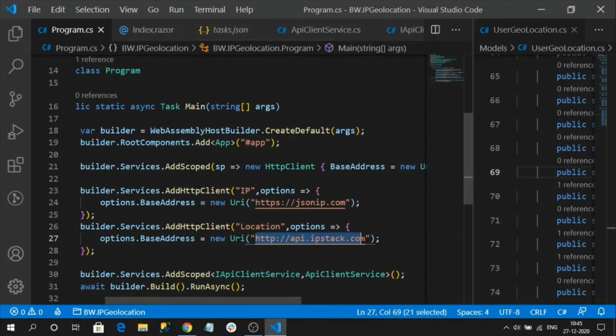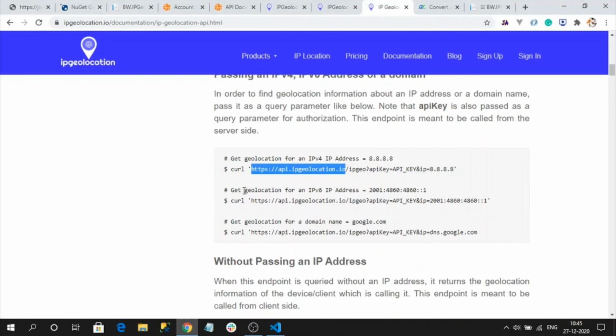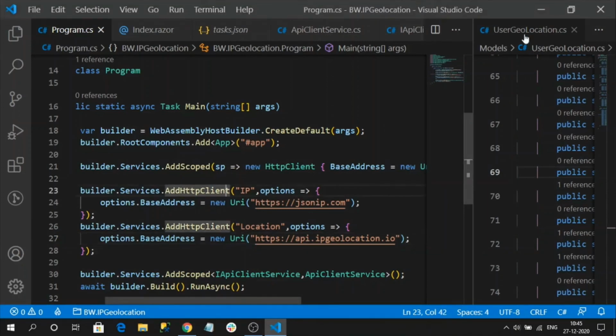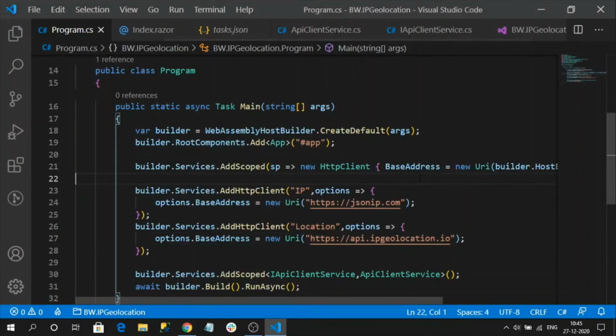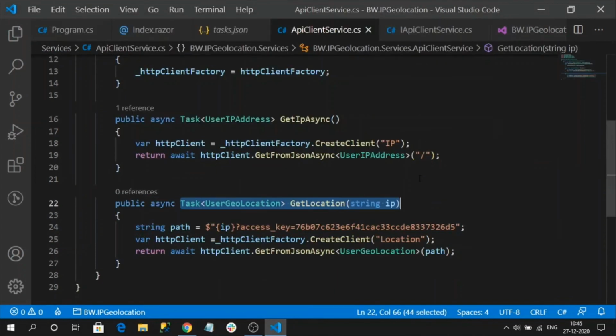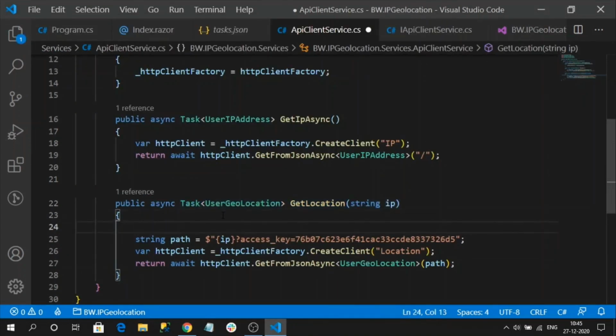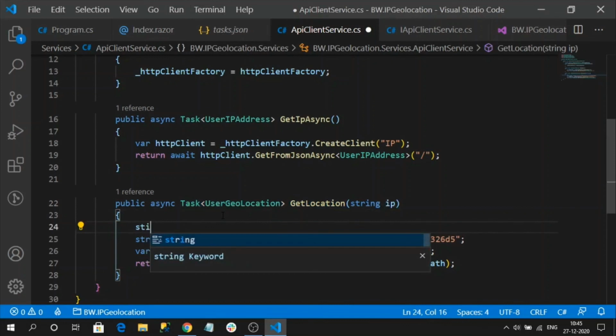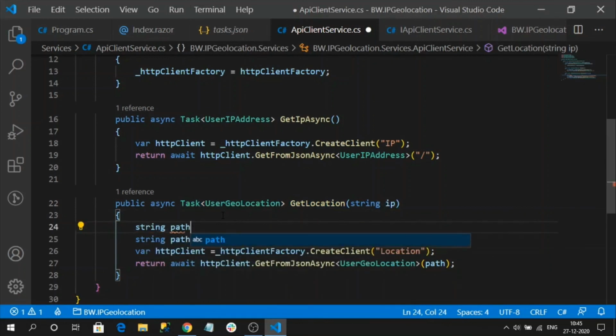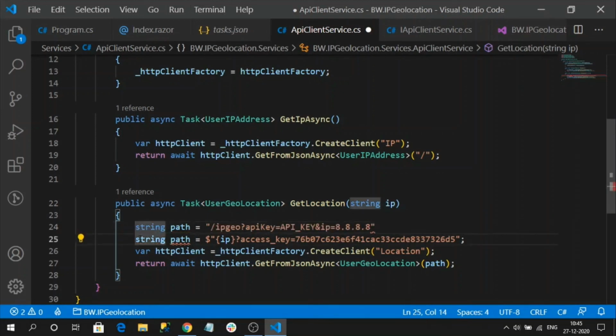I'm just replacing this domain. Okay, and the path is the remaining URL path like this. Let's go to our API service class. I'm going to comment this.